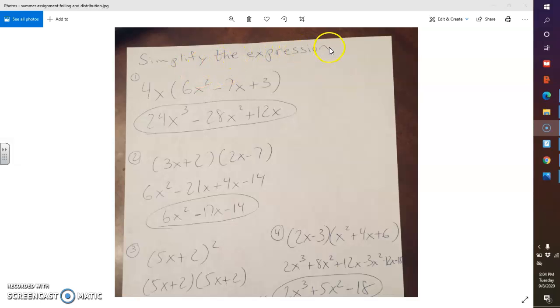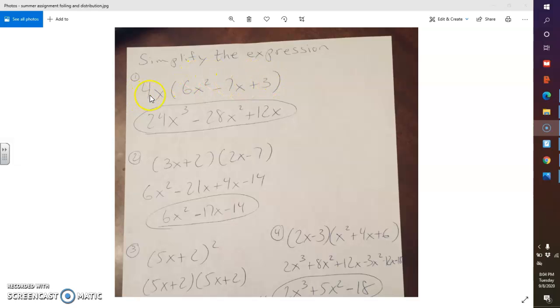All right, guys, so we're going to simplify the expression here. There's no equal sign, so understand we're not solving, we're just simplifying. And usually simplifying either means distribution or combining like terms. So in this case, we have a term right outside the parentheses, and we're going to multiply it through to